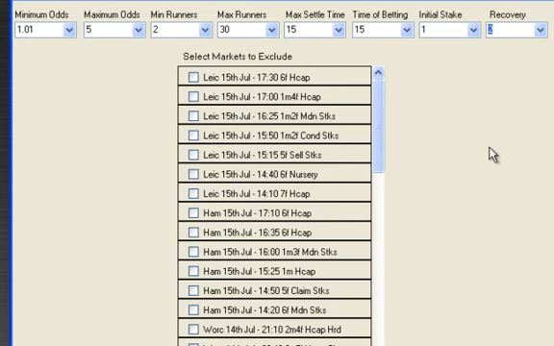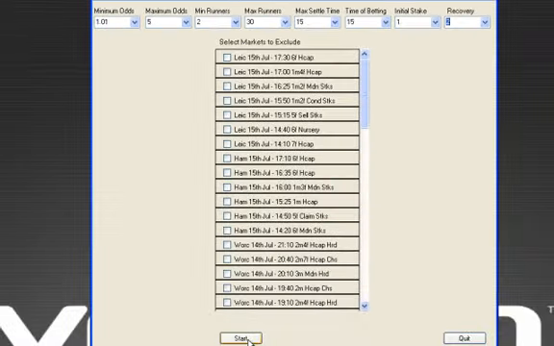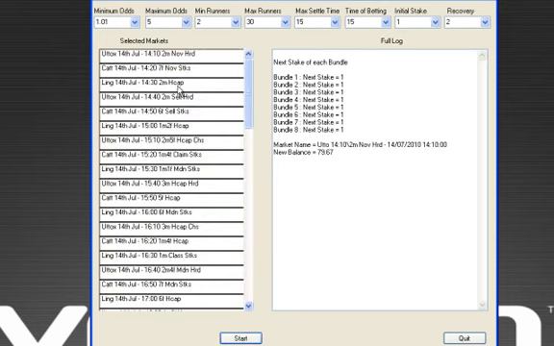So once you've made your settings, you can start. Now you can exclude races if you want to, but I recommend that you bet in all the races. So click start. The races will be sorted into order, and you'll have some information in the full log screen here. So basically it's telling me that the next race is the 2:10 at Uttoxeter, and what it does is it steps through